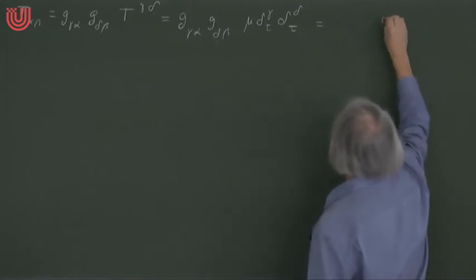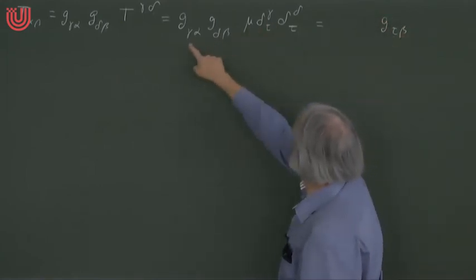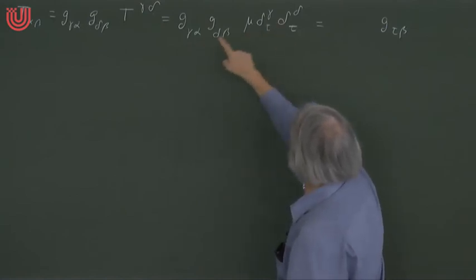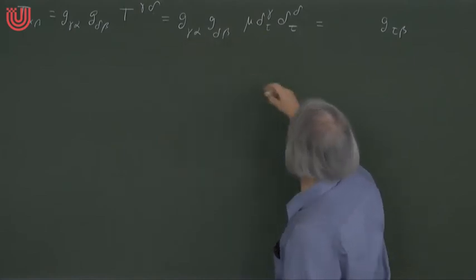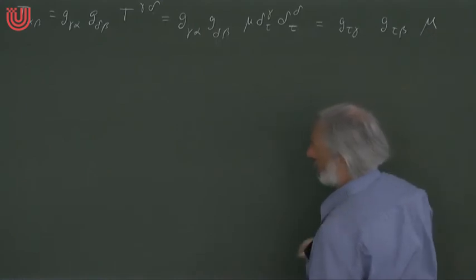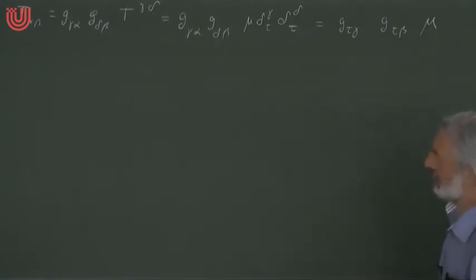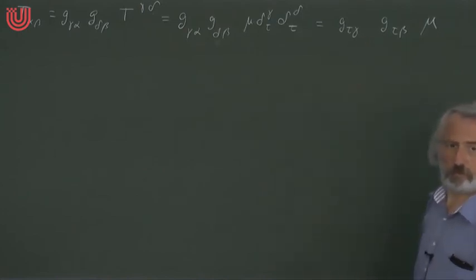So from this term you get g tau beta. And the same with this sum here. So if we sum over gamma, only the term when gamma is tau is different from 0, and then this here gives a 1, so we have g tau gamma times mu. And I hope that's what I've written there. Yes, I think it is. It doesn't matter if the tau is the first or the second index, because the metric is symmetric, of course.